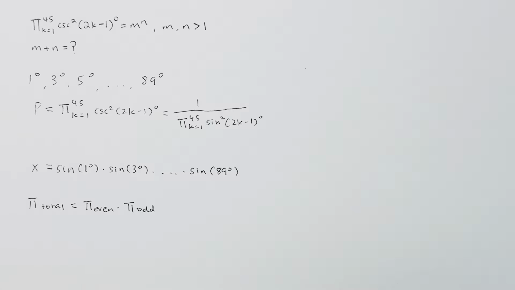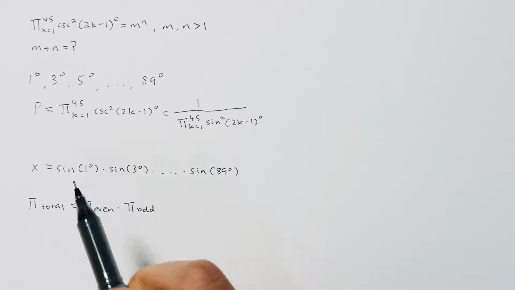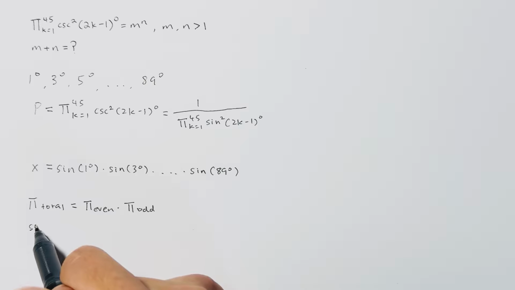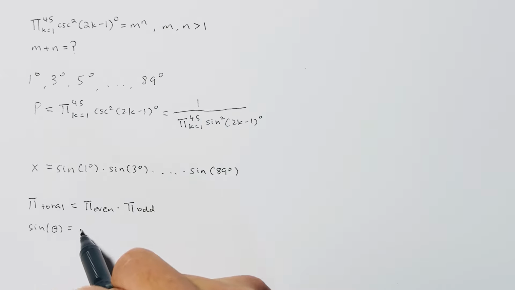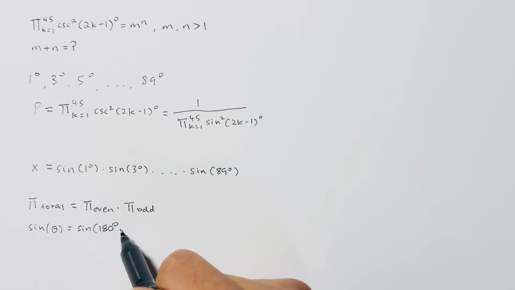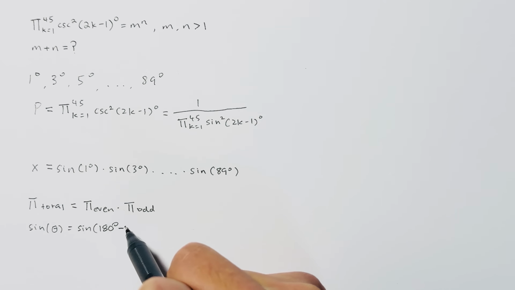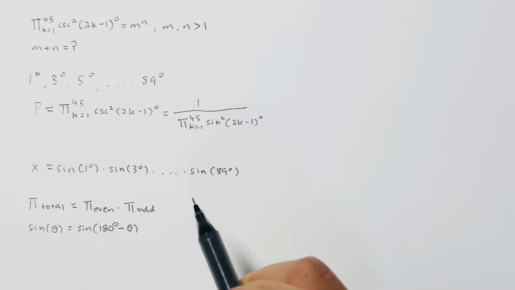Remember that sine theta equals sine of 180 degrees minus theta. This is the key property of sine we need to note. This means the second half of the terms are identical to the first half. So sine 179 degrees equals sine 1 degree. And the pattern goes on. So it'll look like